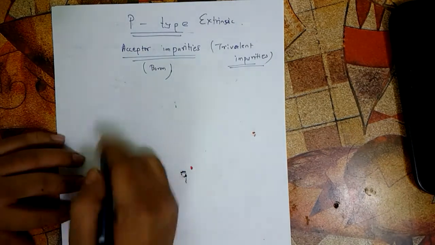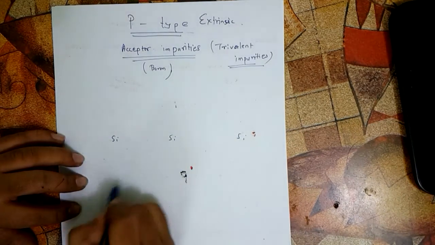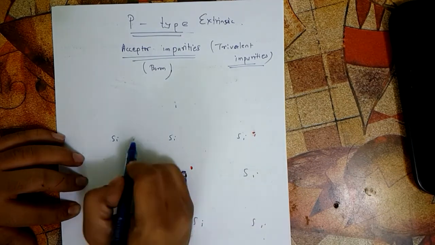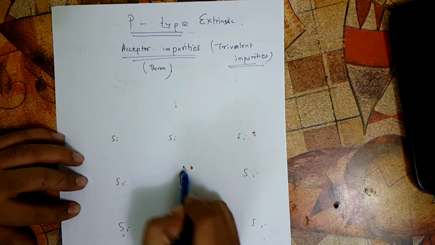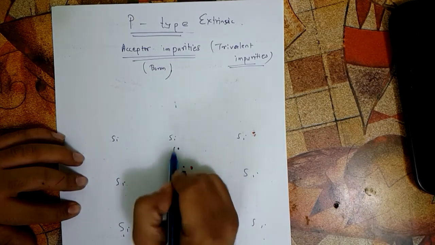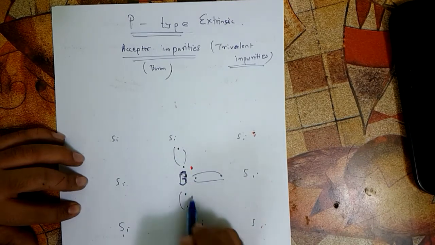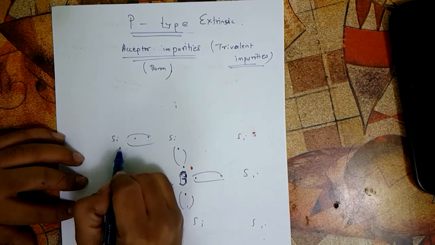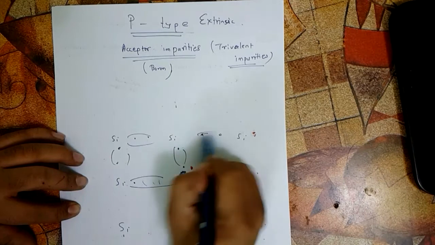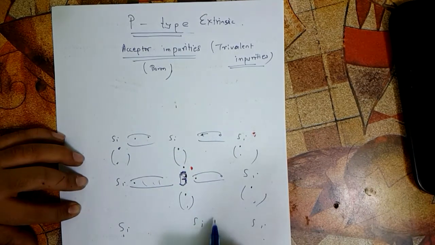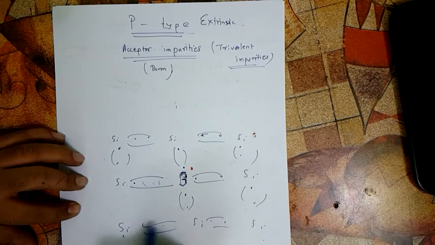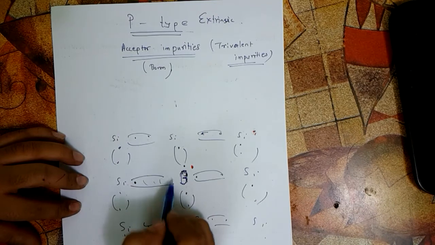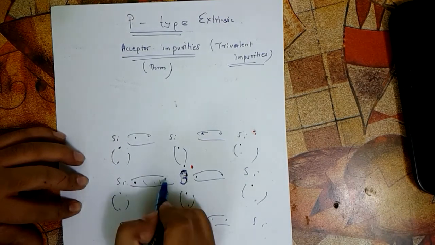Some of those trivalent impurities are generally like boron, and boron generally only is preferred. So some of those silicon atoms place will be taken by this boron. So obviously it has got only 3 electrons, and these 3 electrons will be able to form the bond with those 3 silicon atoms, but here the bonding is not there. Obviously other bonds are also there. If you want, we can show these bonds like this. So since this silicon atom here is not able to form the bond with the electron here, what we say is that there is a vacancy here,